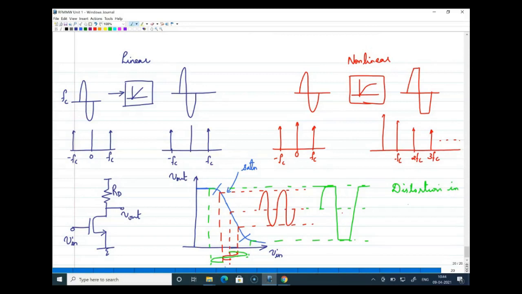Now, if you recollect the transfer curve of a differential amplifier also, you will see a linear segment in the graph, but at the same time, if your input signal is going large, then the output of the differential amplifier can get distorted too. So this non-linearity and its effects are seen everywhere, but since in analog circuits we are working with only smaller input signals, we will not consider this much.